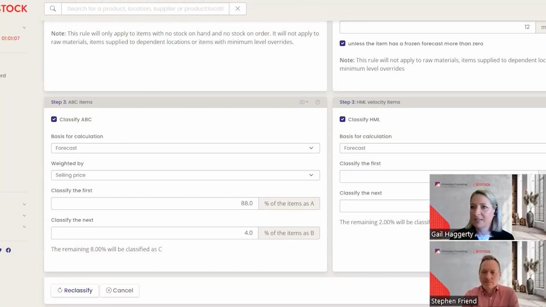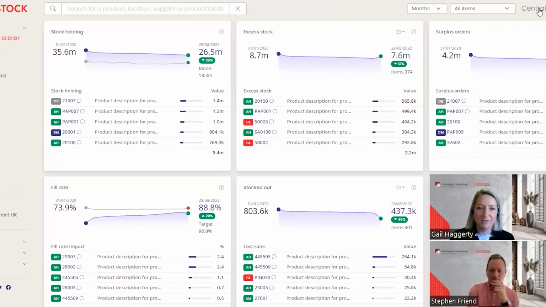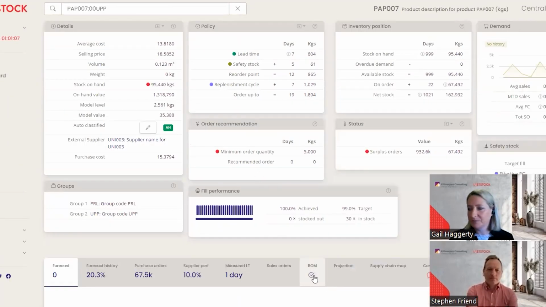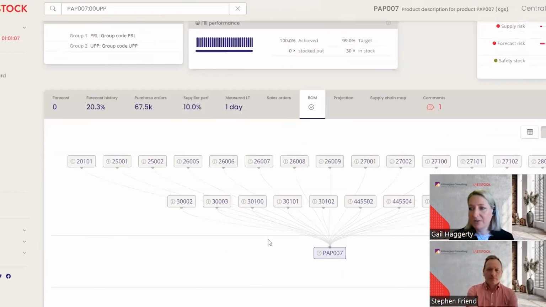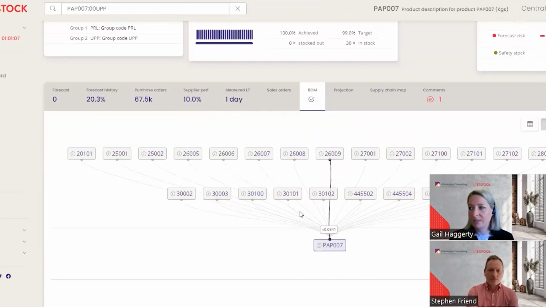So if I jump back to the dashboard here, this central store is actually our main manufacturing location in this demo. And so we're actually manufacturing most of these products with a bill of material. So we can read bills of materials in from your ERP. This is a raw material being used in all of these finished goods. We could have also levels of manufacturing, so you have sub-assemblies in between. And we pull this information in from your ERP.